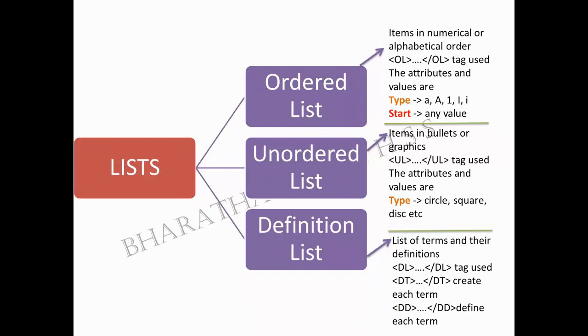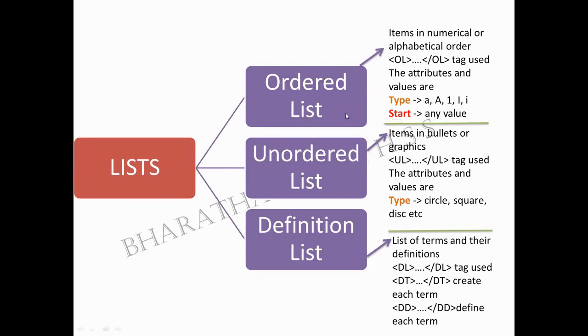Ordered list and unordered list. Ordered list in the sense you have a particular sequence of numbering. The sequence of numbering could be either small letter a, capital letter A, digit 1, then Roman numerals in the capital form and small letter form. Any way you can have the numbering sequence. It is not compulsory that it should always start with 1 or A. In between this ordering sequence also you can start. For that you have the start attribute.